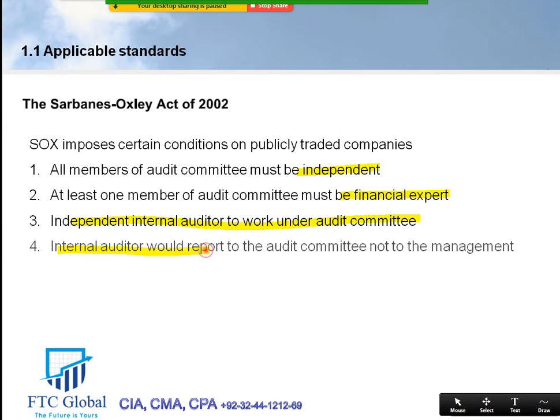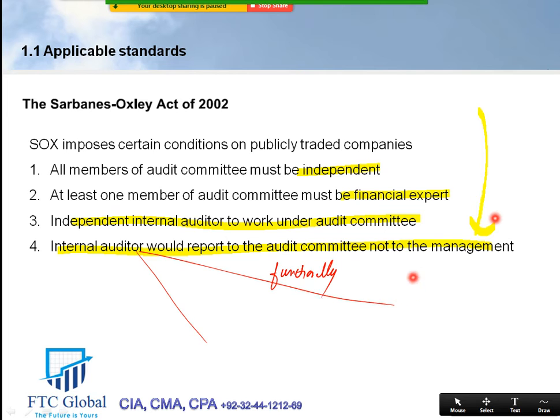Then you need to be very clear. Let me tell you, what do we need to know here exactly? Internal auditors have dual responsibility. Remember, do not forget this. Repeat this 100 times. Internal auditors functionally, their main function, report to the audit committee, and administratively, meaning day to day,